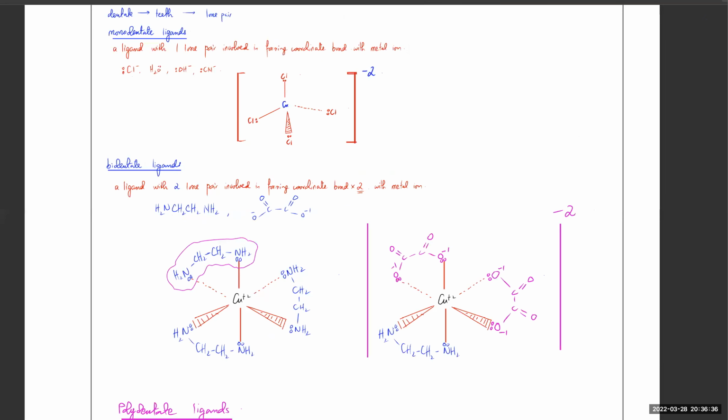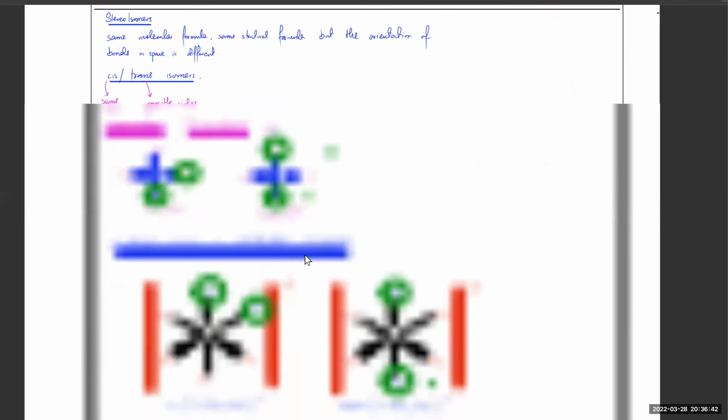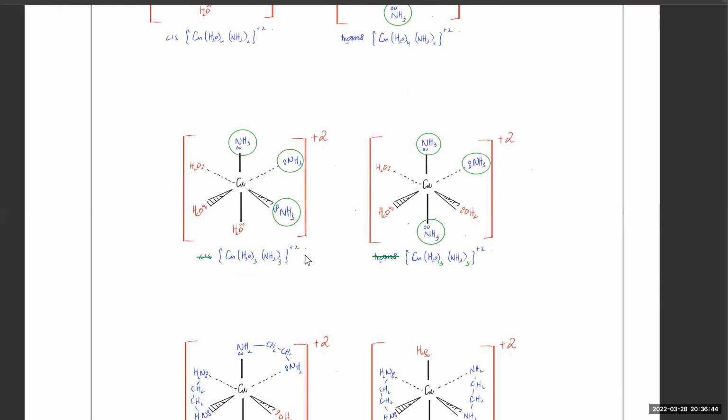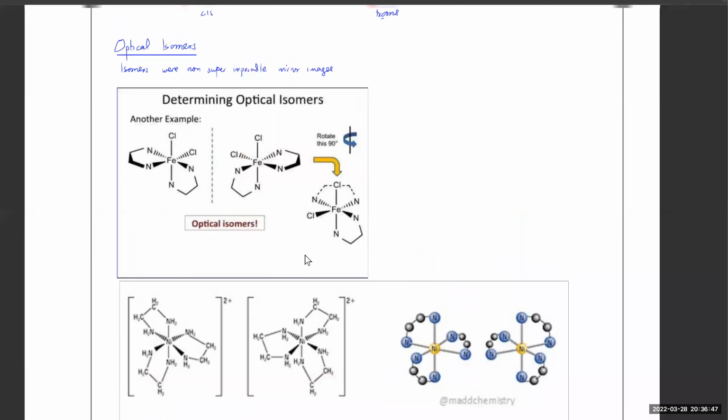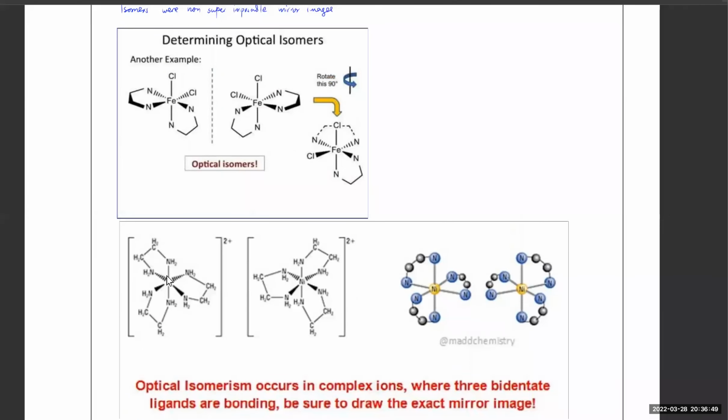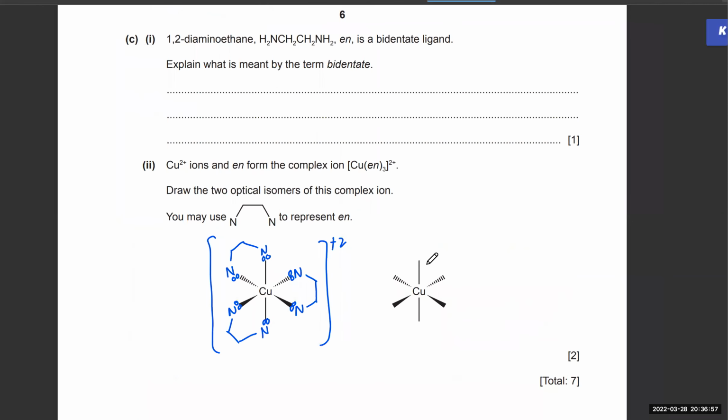And bidentate ligands form optical isomers. What are optical isomers? Bidentate ligands, remember this, they form mirror images. When you have one bidentate ligand, there's going to be a mirrored version of the same molecule. So all you have to do over here is just draw the mirrored version. So the mirrored version would be